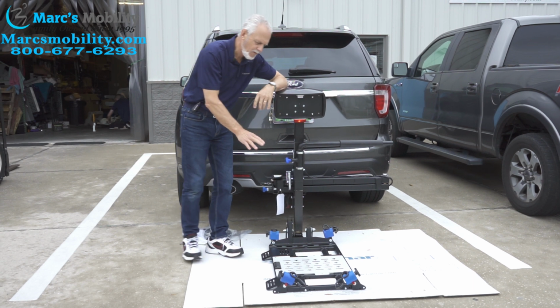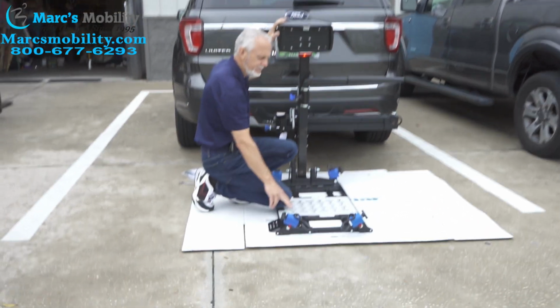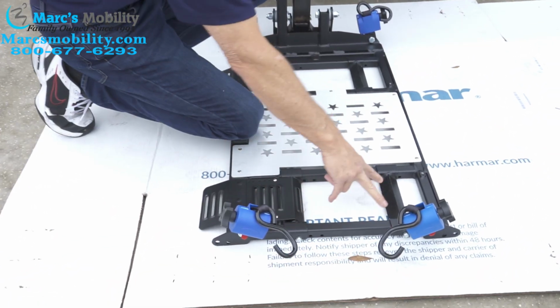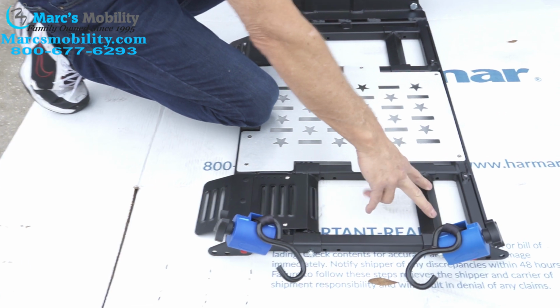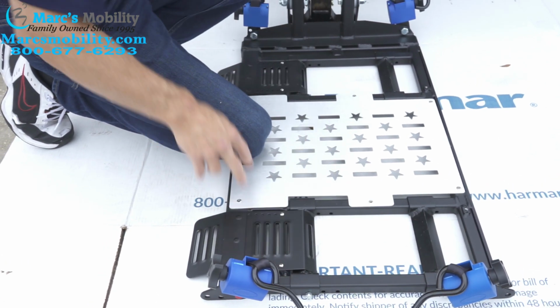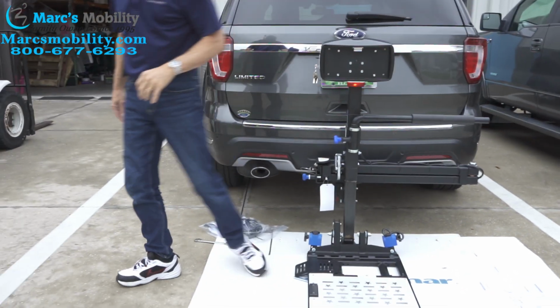Also with this platform, the tracks are adjustable. So if you look at the tracks right here, they're adjustable. This bar right here can be moved forward for 10-inch wheels or further back for 14-inch wheels. This bar right here has 2 screws in the bottom, so you can adjust the track in length. Okay? So now you would bring your chair